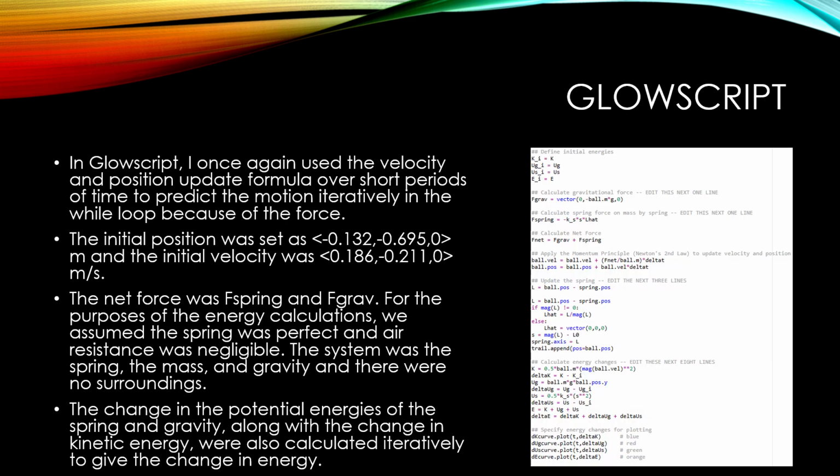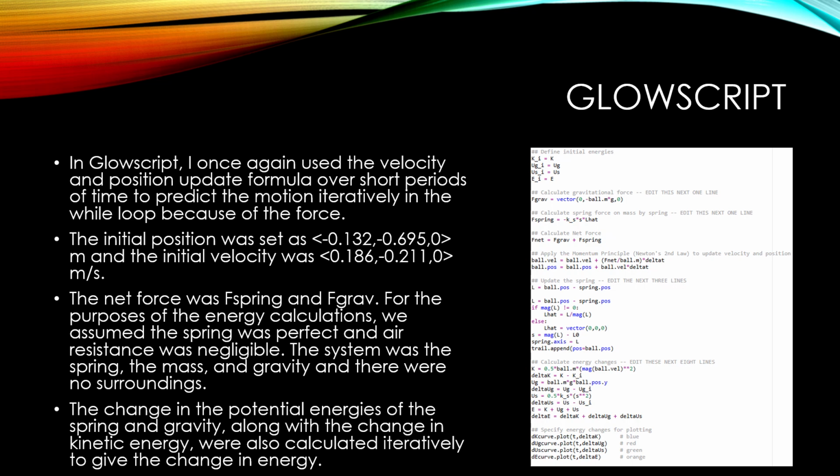So in GlowScript, the velocity and position update formulas over short periods of time were used to iteratively predict the velocity and motion based on the net force. Initial position was set at negative 0.132 meters, negative 0.6950 meters, and the initial velocity was 0.816, negative 0.211 meters per second. The net force was F spring and F grav, and for the purposes of our energy calculations, we